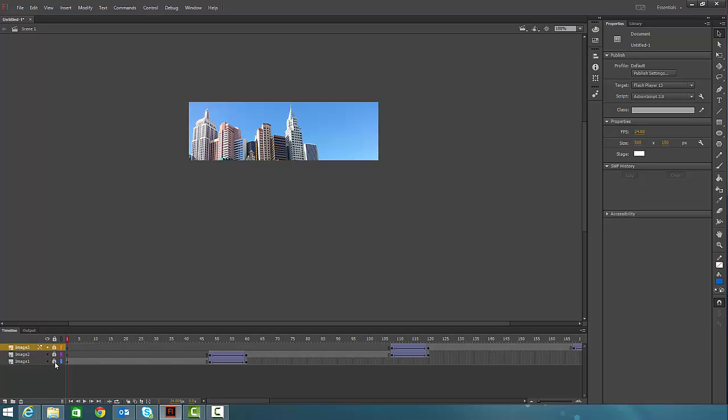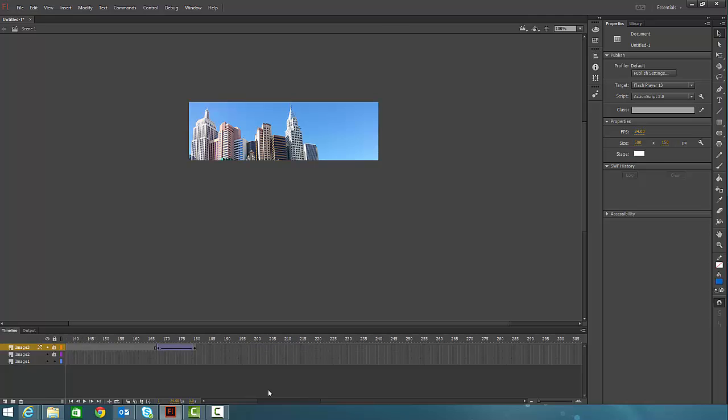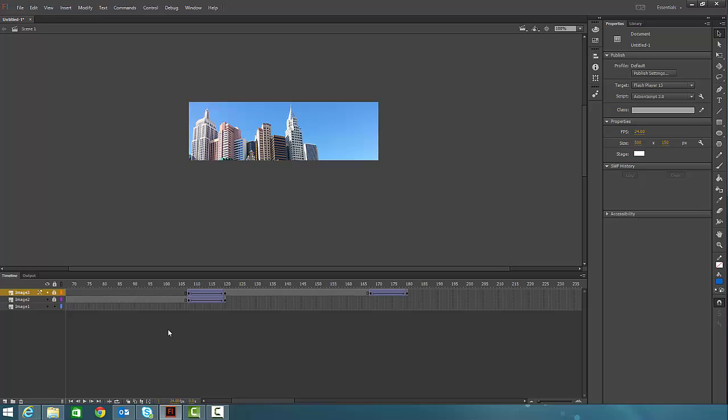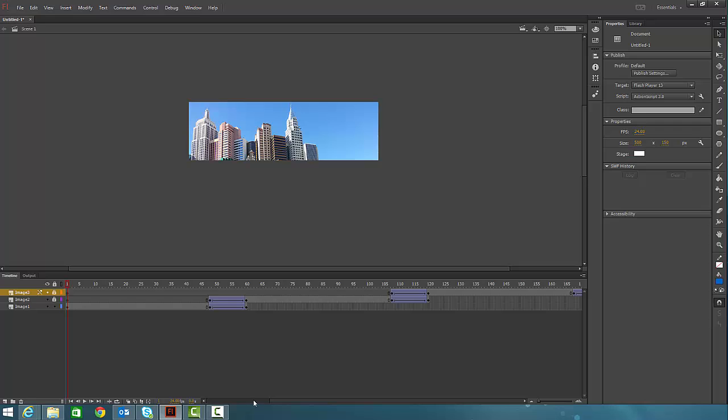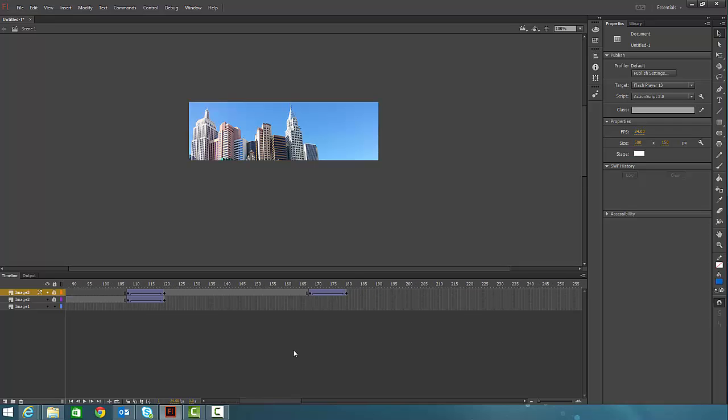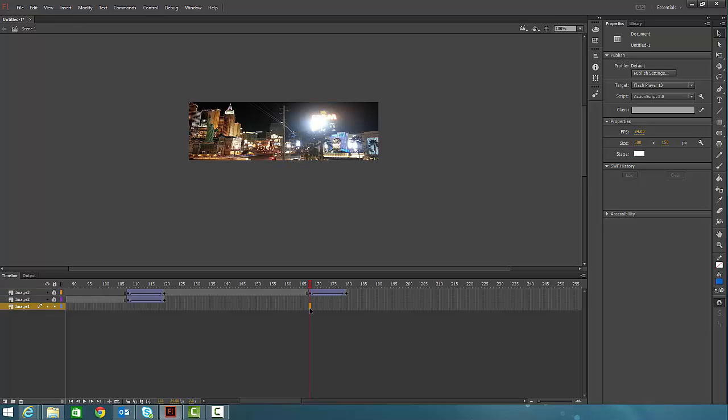And we need to unlock image 3. So we're going back into image 3's timeline. And at that point when image 3 fades out, we want to bring in our image of image 1 again. So the whole loop of the movie works well. Okay, so what we need to do is grab a keyframe just underneath that particular one there, insert a keyframe,